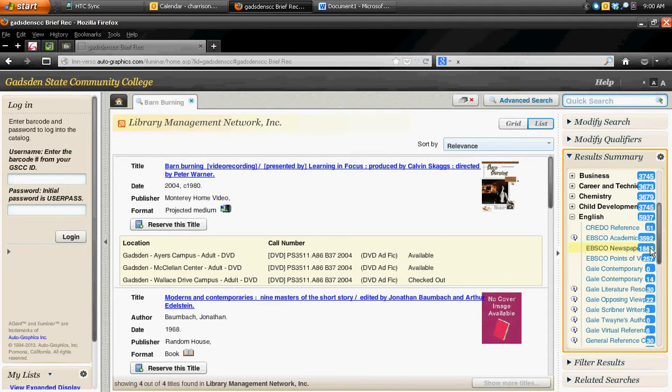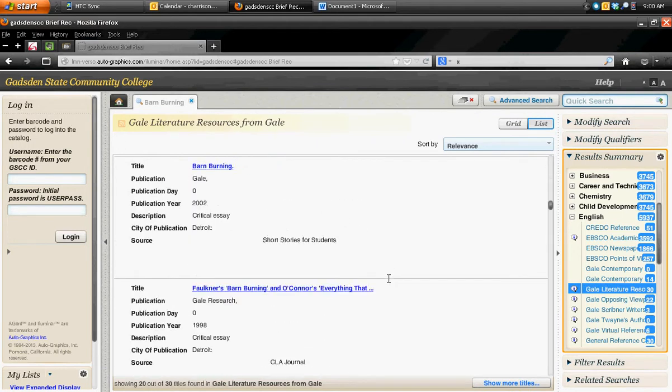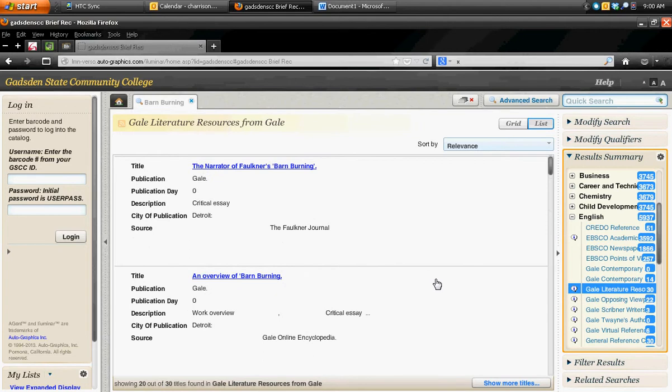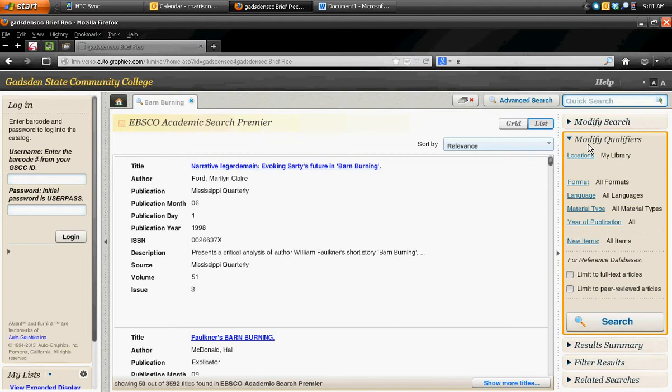But obviously, at any rate, 3,500 is way too many. 30 is not so bad. I could go into Literature Resources of Gale, and I can click through, and I can see these and use them if I want. But I want to go back up here real quick just to show you a few things. To go and look at EBSCO Academic. Obviously, 3,500 is way too much for me to look through, so I'm going to modify my qualifier. I'm going to limit it to full text articles so that I won't just get references to where an article should be.